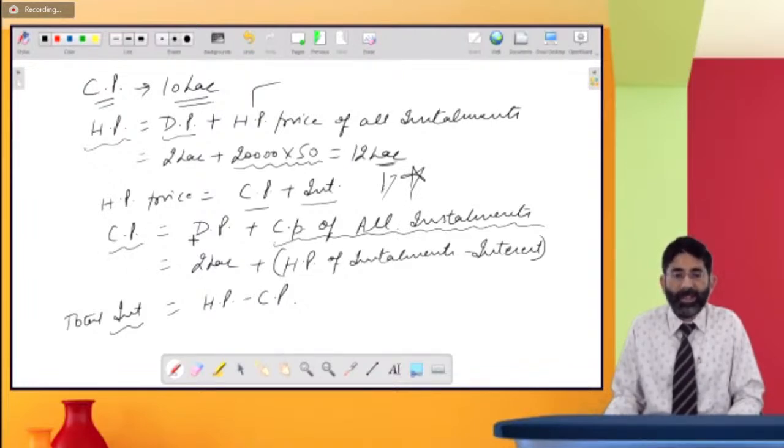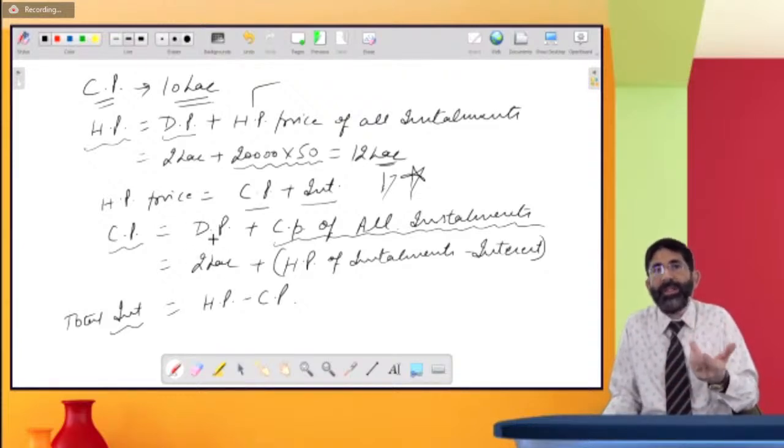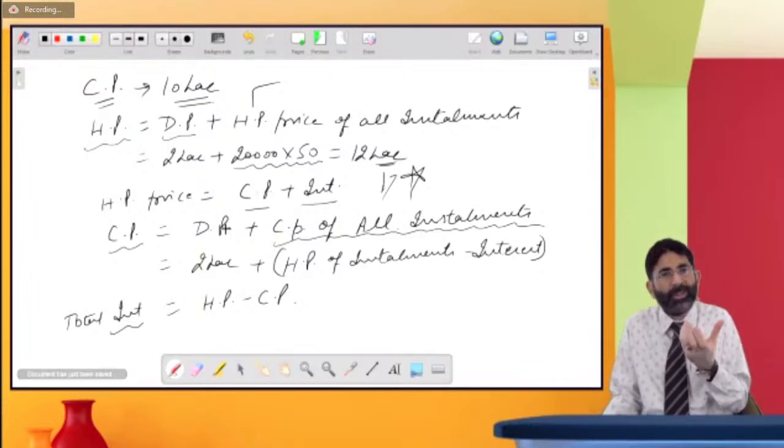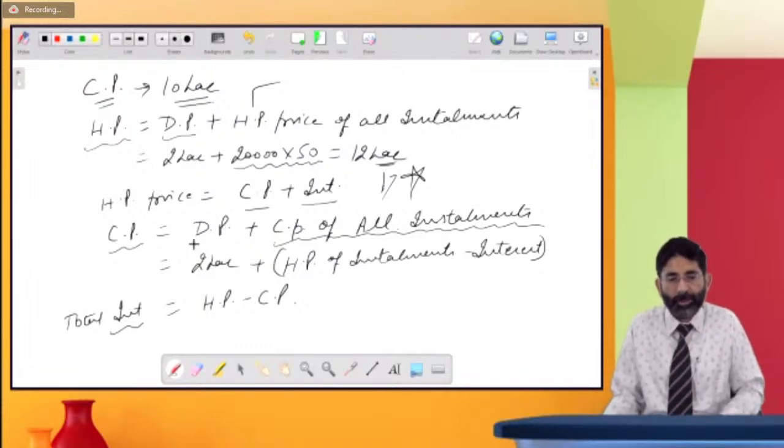और अगर हमने सीपी निकालना हो, कैश प्राइस निकालना हो, गिवन नहीं है क्वेश्चन में, तो कई तरह से निकाल सकते हैं। जैसे एचपी में से इंटरेस्ट माइनस कर दोगे तो सीपी आ जाएगा, या फिर हम लोग डाउन पेमेंट ले लेते हैं, बिकॉज डाउन पेमेंट तो हमेशा सीपी का पार्ट ही होती है। डाउन पेमेंट में तो इंटरेस्ट इंक्लूडेड नहीं होता कभी भी, क्योंकि डाउन पेमेंट तो हम लोग शुरू में पे करते हैं, तो जो शुरू में पेमेंट कर रहे हैं उसमें इंटरेस्ट इंक्लूडेड नहीं होता। तो डाउन पेमेंट तो सेम रहेगी, चाहे आपने एचपी प्राइस निकालना हो, चाहे आपने सीपी प्राइस निकालना हो।